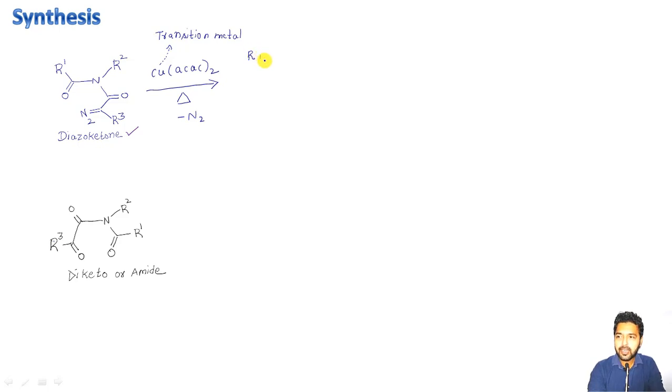So I can write here R1 single bond, double bond oxygen here. This is the single bond nitrogen. Rest of the groups as such, a double bond oxygen here, and after that this R3. So after the release of this nitrogen, what will happen is it will result in the generation of a carbene species here, which is containing 2 odd electrons, right? So how this is all happening, I do not want to go into the details of this mechanism or this step here, but I can definitely give you a rough idea.